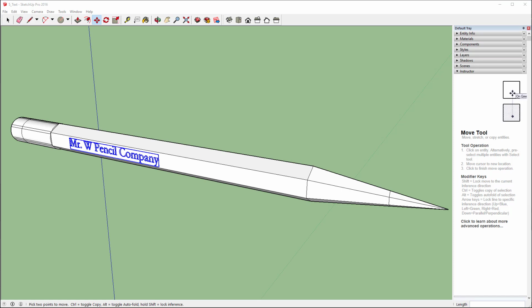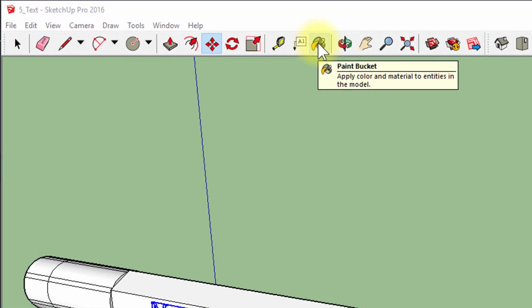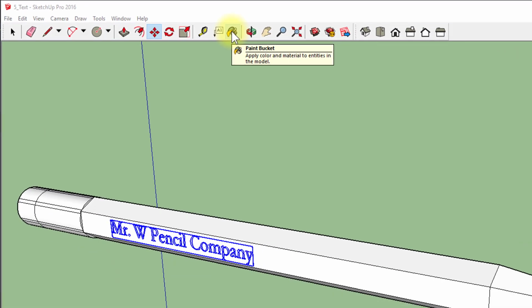This last part is the part that is the greatest fun, because here you get the opportunity to make your pencil your own. I mean, up till now it's sort of been this gray thing with all these flat surfaces, so let's just go ahead and give it some color. And to do that, we'll use the Paint Bucket tool, which is right up here, or I can press the B key on my keyboard,